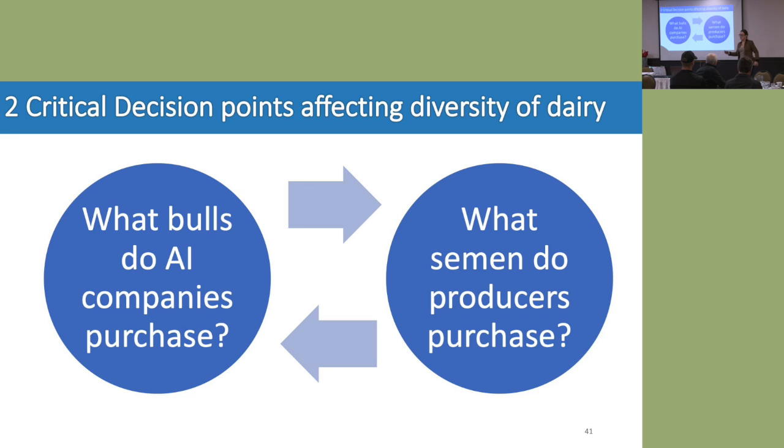It's back and forth. And there is no way in hell that an AI company is going to buy all outcross sires and go to market and say, look at what we're doing. This is so fantastic. Because nobody's going to buy it. And everybody else is going to be like, haha. Right? You're done. One less to compete with. Fantastic. Wonderful. And this is an interesting discussion because it's a chicken and egg problem. And unless we deal with it, what looks to be a fantastic gain-making industry is in 20 years going to become obsolete because the public say, what on earth have you done to our animals? We got to figure this out somehow, right?